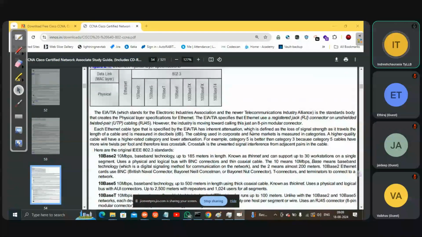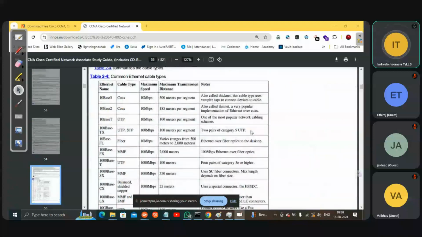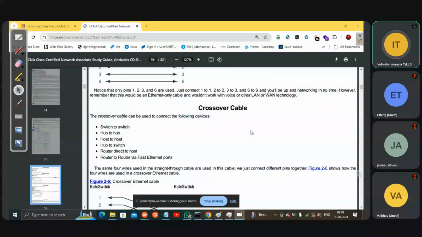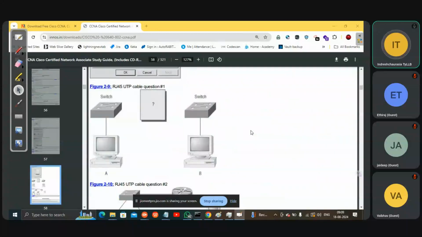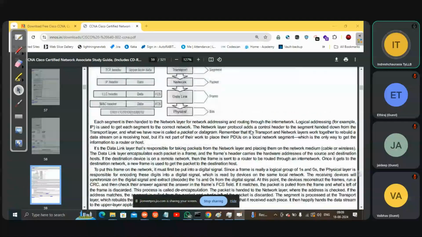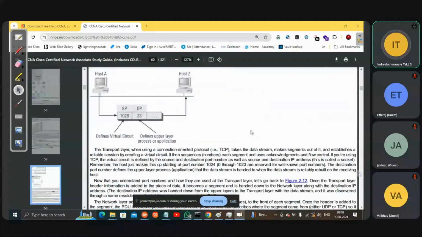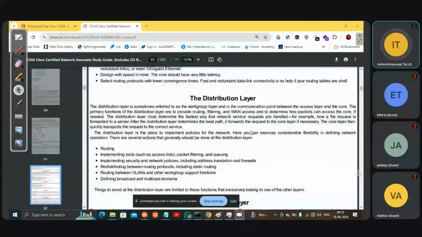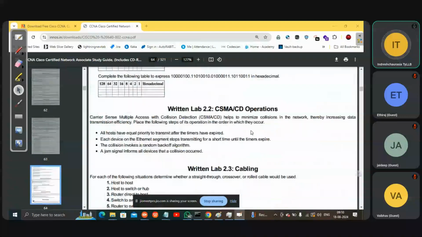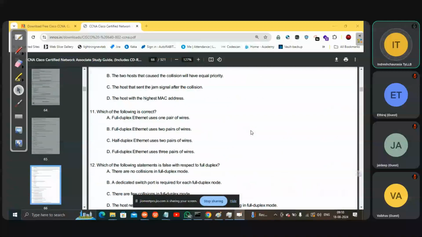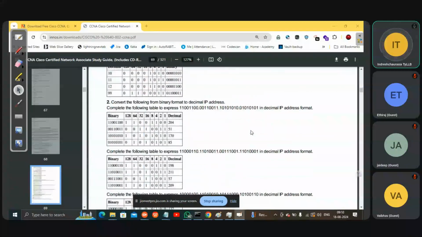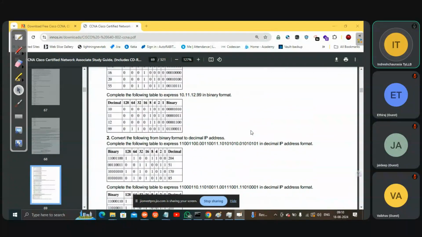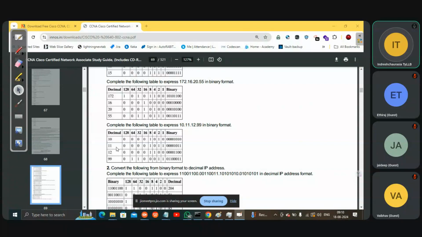This is the Ethernet. This is the OSI layer. How the subnetting parts work. See, this is the decimal. How are we going to convert decimal into binary form?